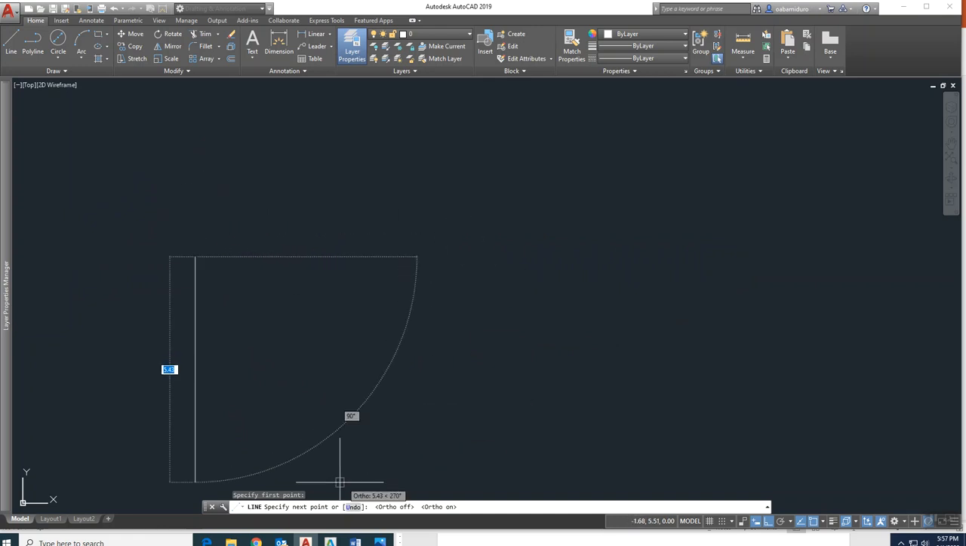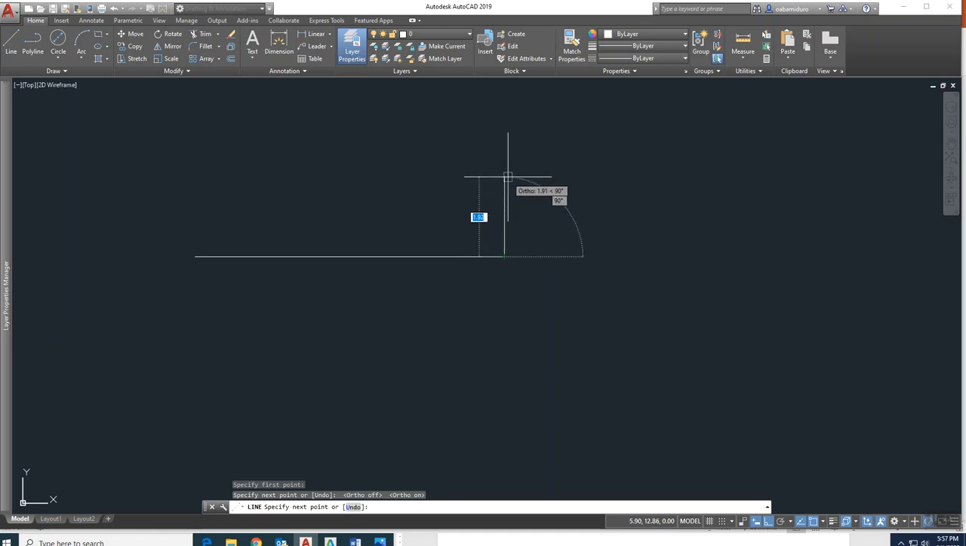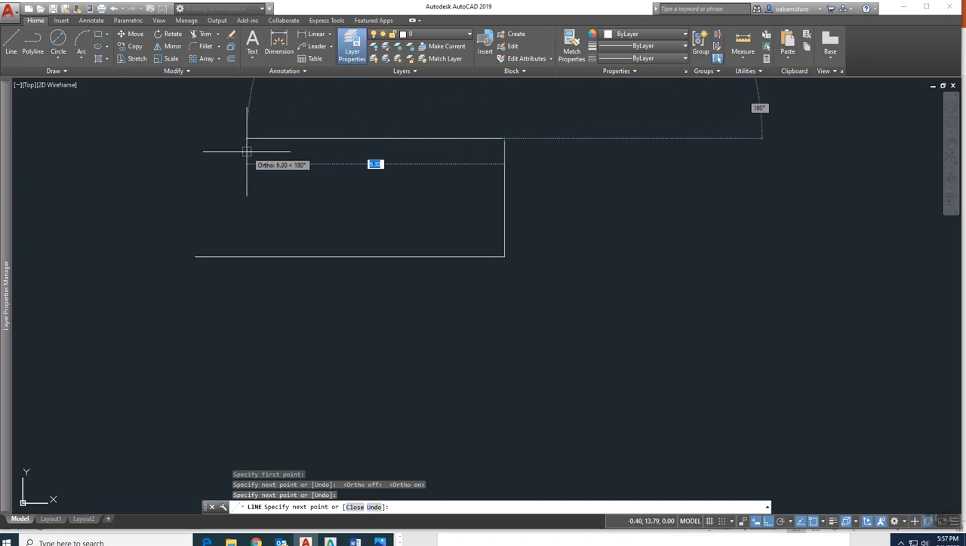If I still look at my command window, it's asking me to specify my next point. So I'm just going to specify a point here. Okay, and then I can either go up or I can come down. It's up to me, so let's go up. I'm going to left click again, and then I'm going to move my cursor in the direction that I want the line to go in. And then what I can do is,